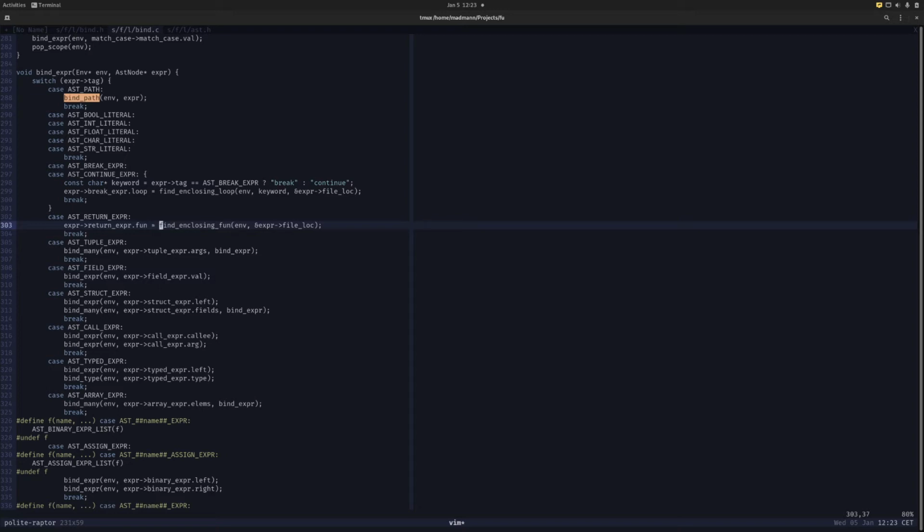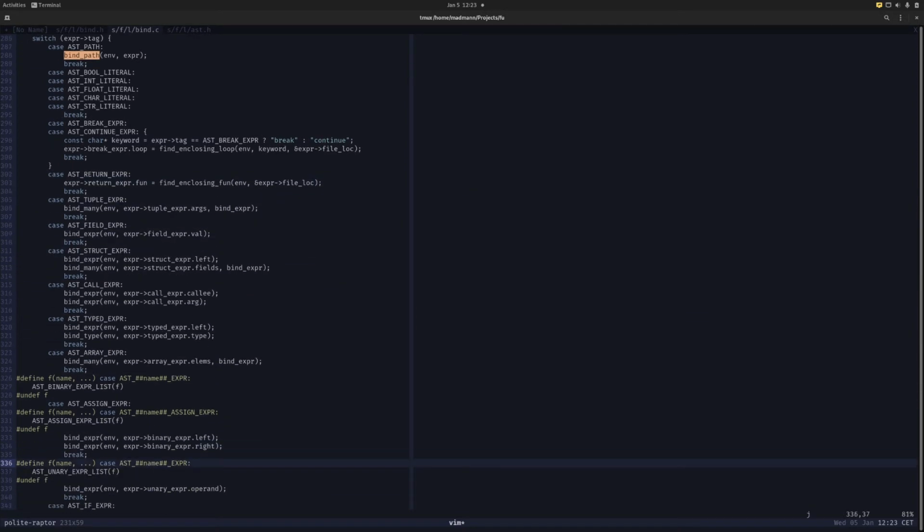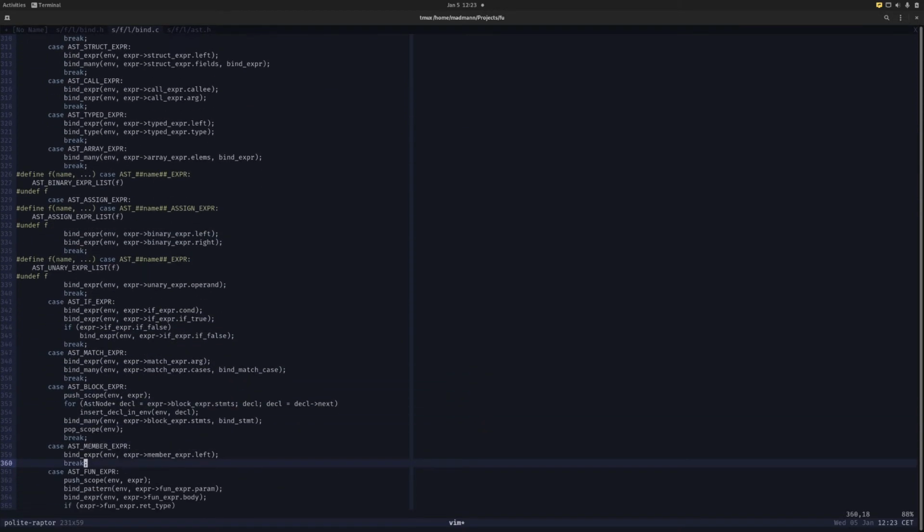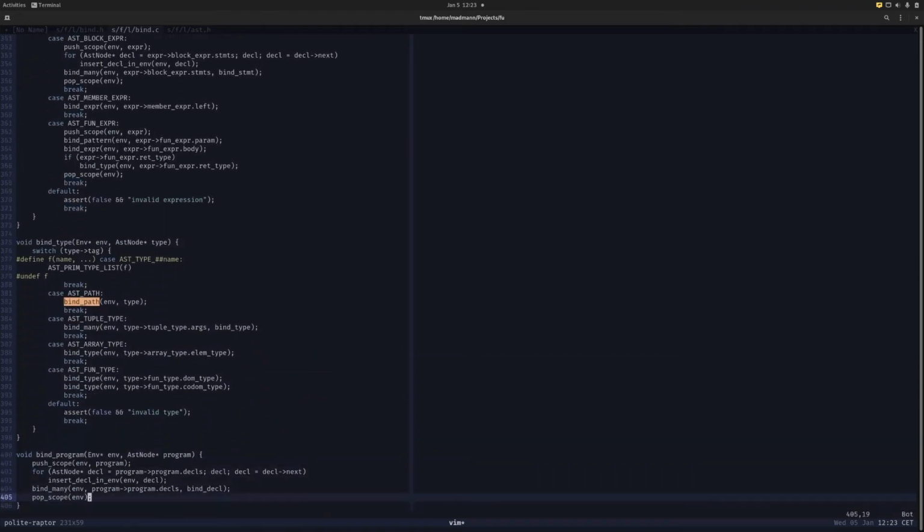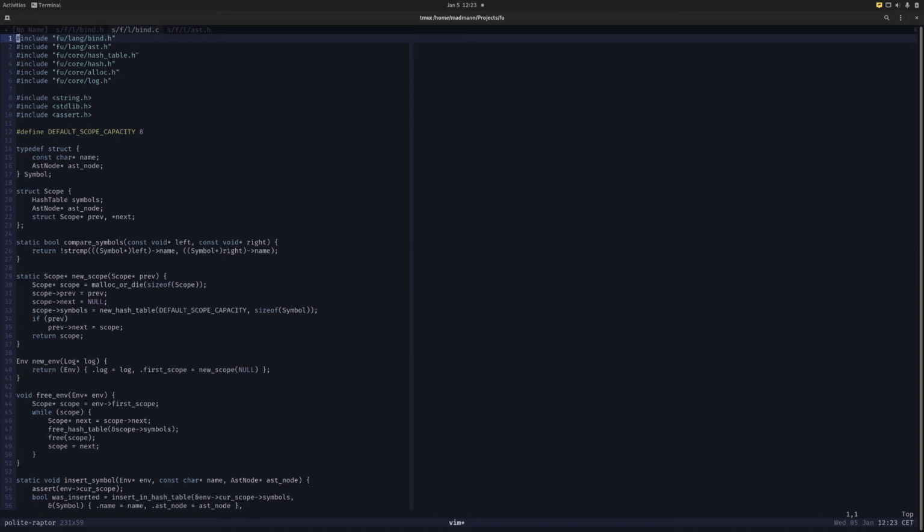So we can actually do this with this find and closing function I described earlier, and we have also all the expressions covered here. Right, so this is very simple. It's 400 lines of code, rather simple, and it does what we want. I've also changed the compiler a little bit right now to emit error messages in a nice way,